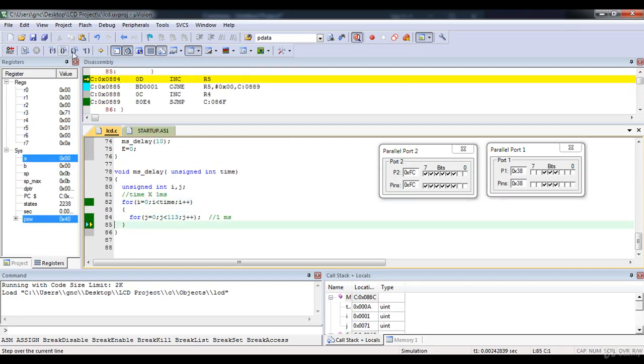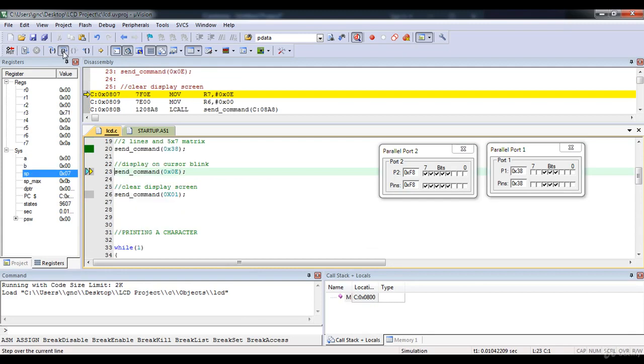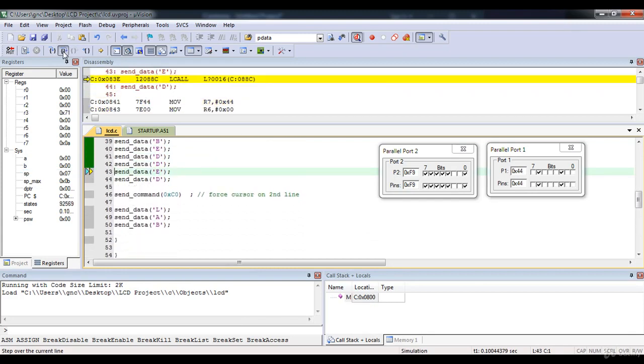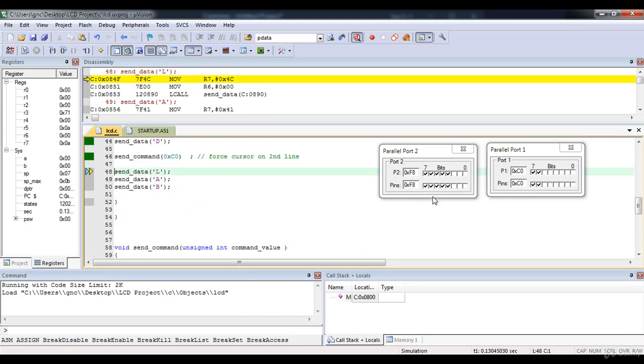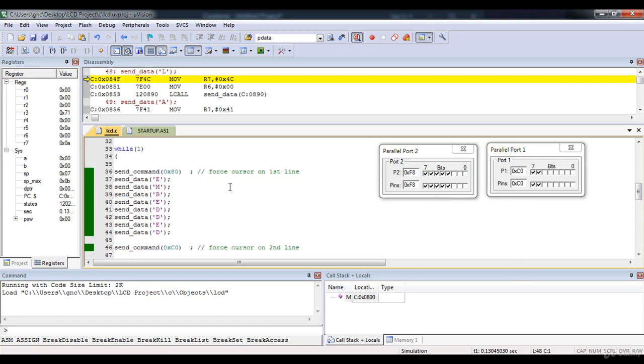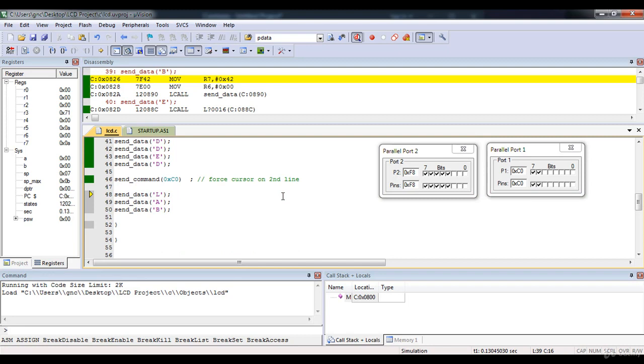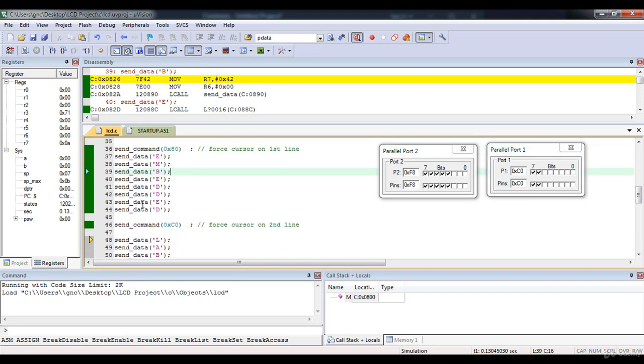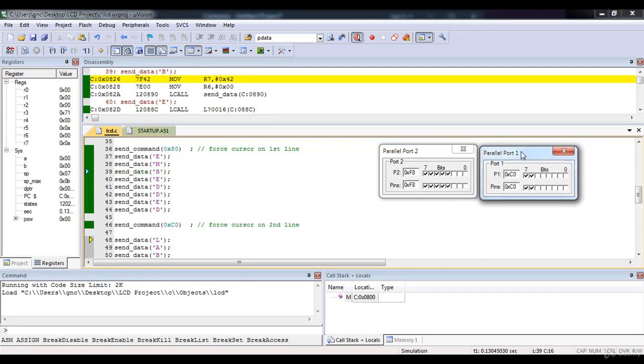You will find some changes on port 2 and port 1 pins, but the visualization of code is not there because we are not getting the character display in visualization with this peripheral port.